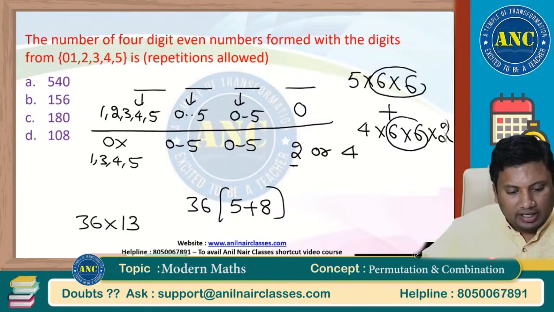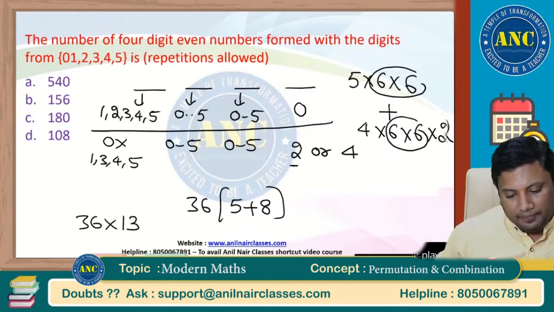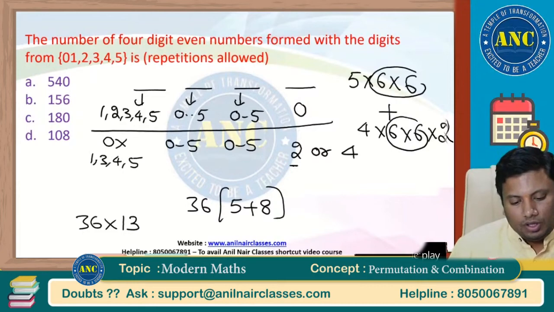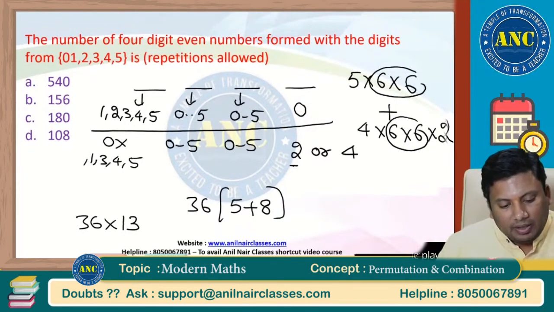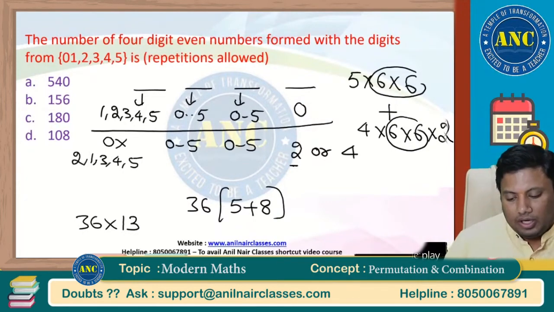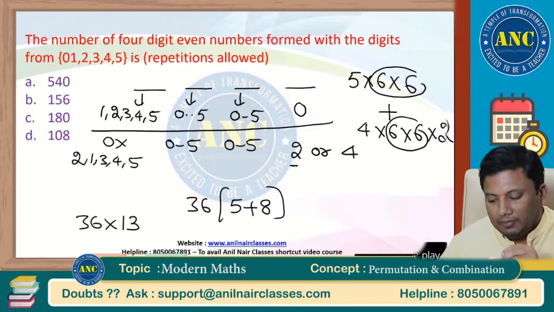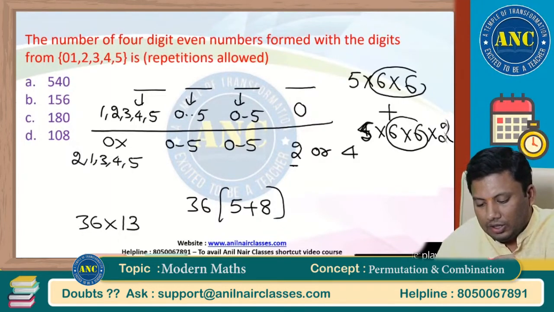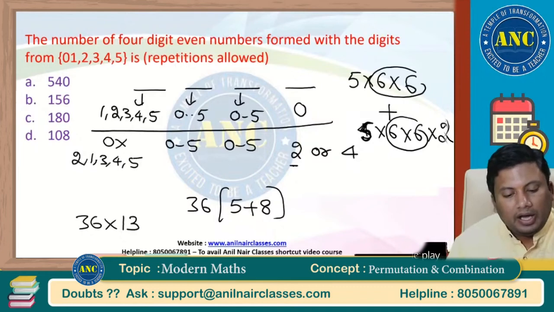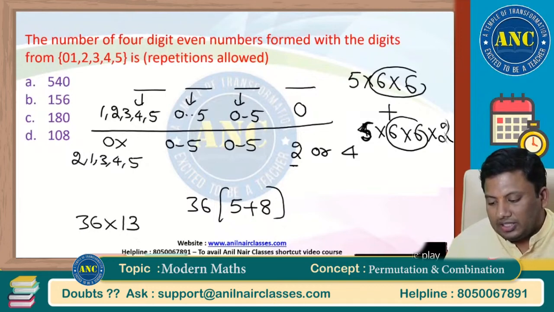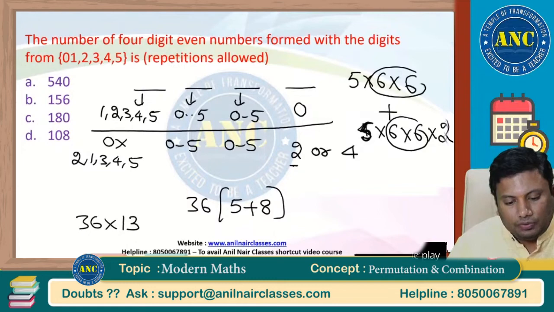Somewhere I think we did a mistake. Here 2 can come, right? Repetition is allowed, 2 can come. So it is nothing but 5. I hope it is clear, right? Repetition is allowed. Similarly, 4 means 5. So 6 into 6 common, this is nothing but 36 into